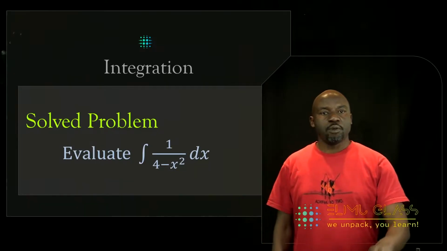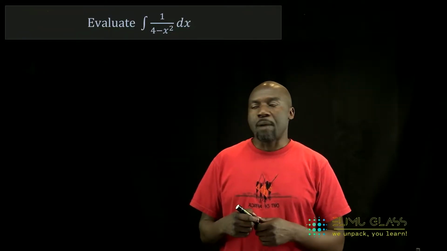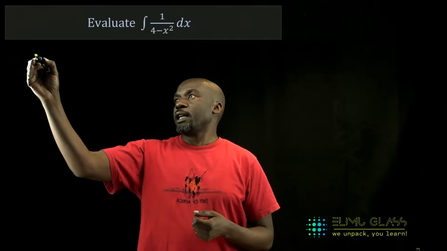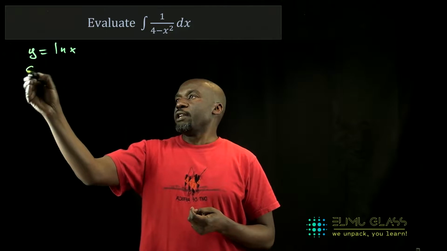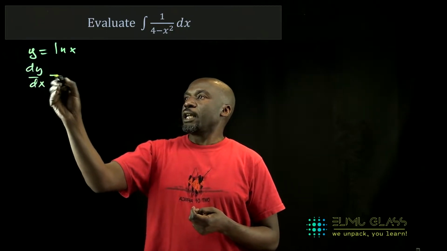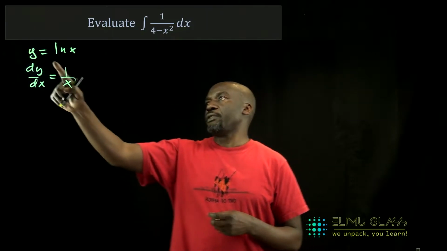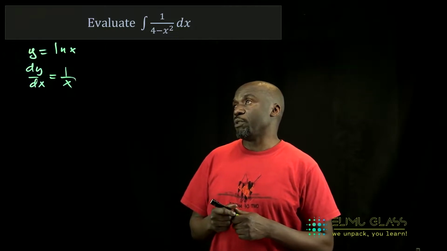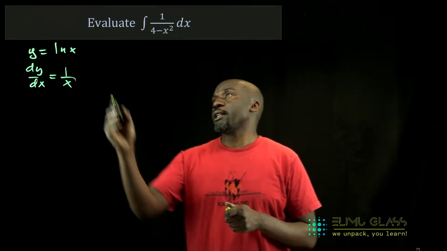Right, in this video we will try to evaluate this integral. The first thing we have to do, I'm going to assume that we all know that the derivative of ln x, so if y is ln of x, then dy by dx is 1 over x, right? So if y is ln of x, then the derivative is going to be 1 over x. I'm going to hope that we know where this comes from, but just in case, let me just assume that